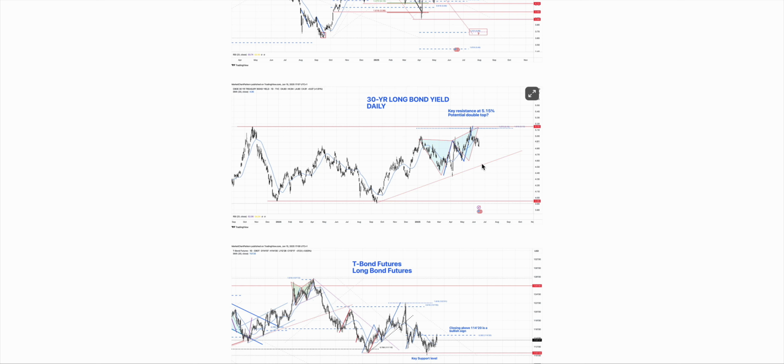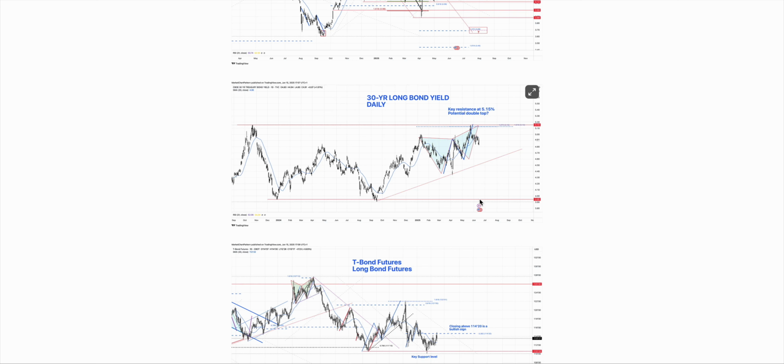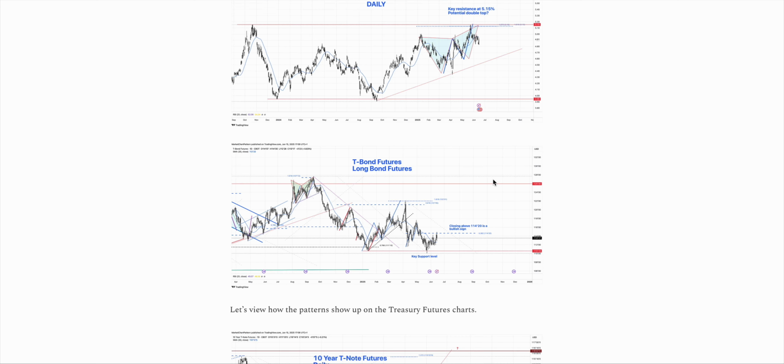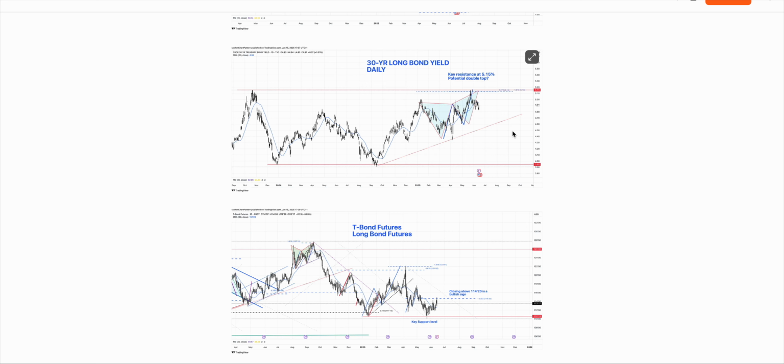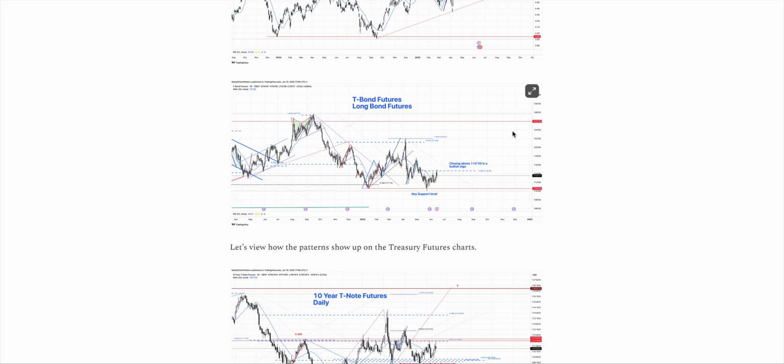So the chances are maybe we just come down and retest this, and if we are able to break below this, then we could have an extended move right to this 3.95%. This is how I'm looking at the long bond yield. And if we were to flip this and take a look at this through the eyes of the futures chart,